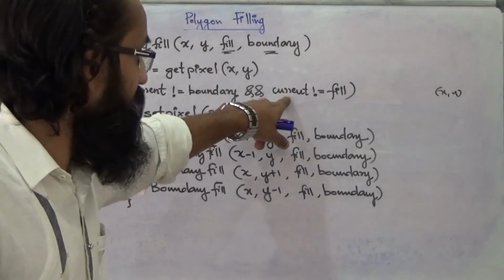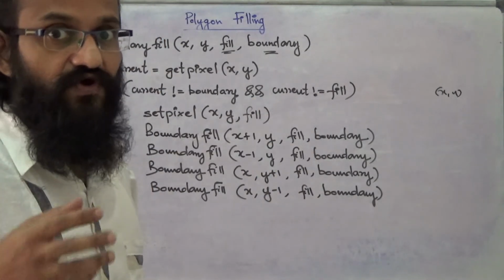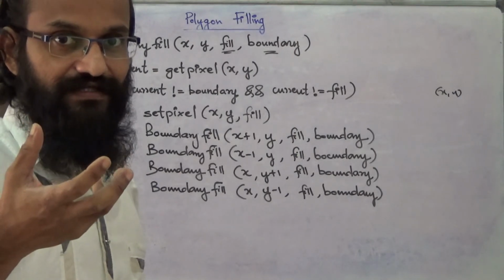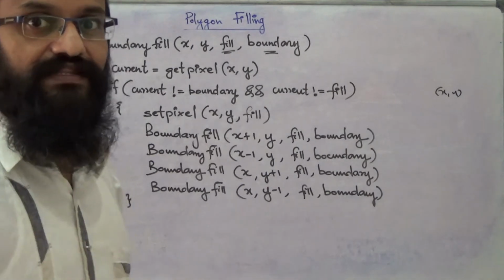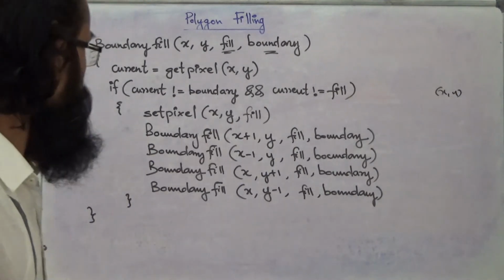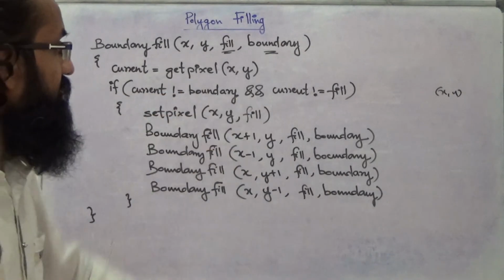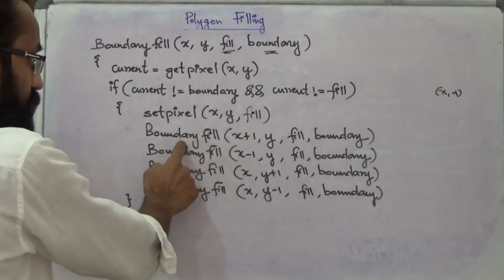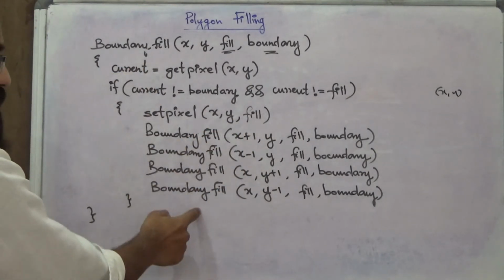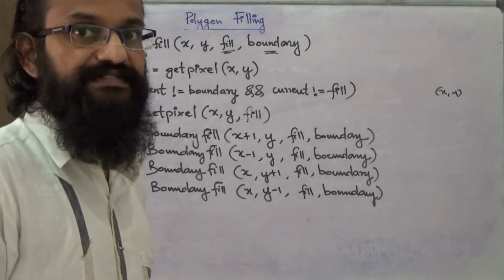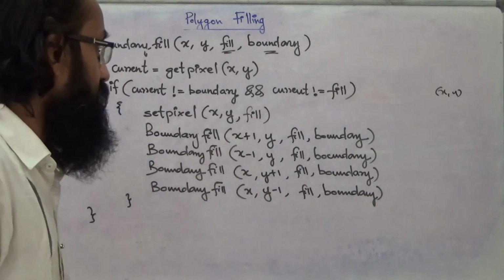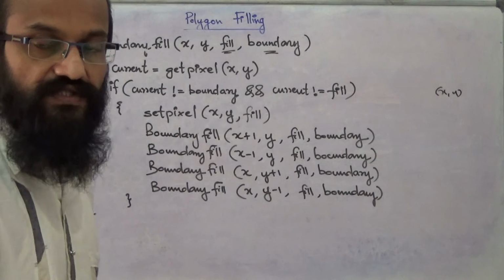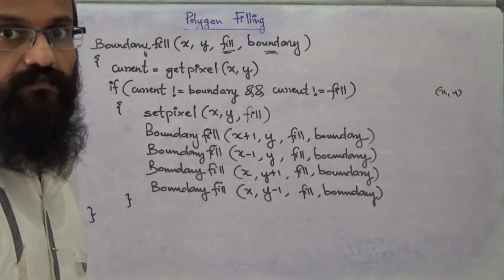Here it needs to check whether the current pixel is not of fill color, otherwise it will recursively go on filling the pixel that is already colored with the fill color. So if the current pixel is not of boundary color and fill color, it will set the intensity of that pixel x y with the new color, followed by recursively calling boundary fill with respect to its 4 adjacent pixels. So here it considers its right pixel, left pixel, top pixel and bottom pixel. So this is actually a 4 connected procedure for boundary fill.